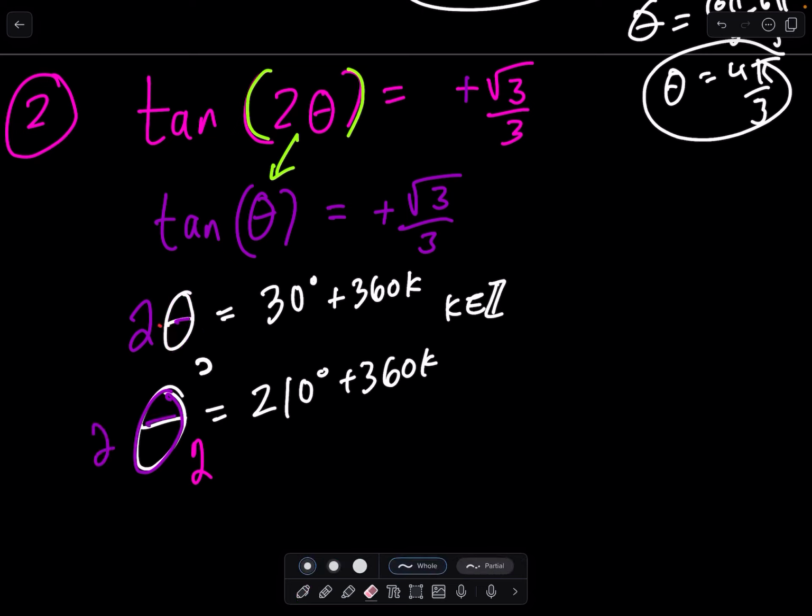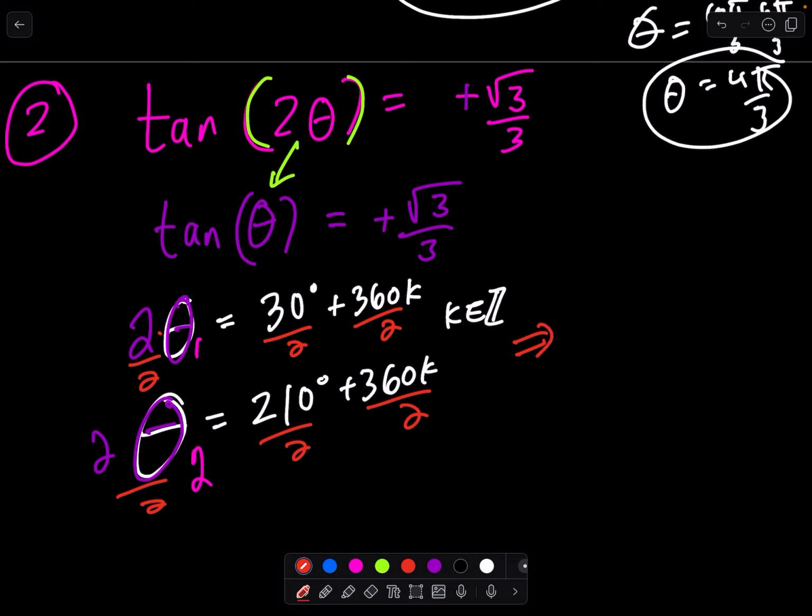The inverse of multiplication is division. We're going to have to divide our answers, every single piece or part, by 2. So really, theta 1 is 15 degrees plus a little 180-degree multiple, or 210, take half of that, that's 105, plus 180-degree multiples. Now what's interesting, because this theta is larger than 1, we're actually going to expect more than